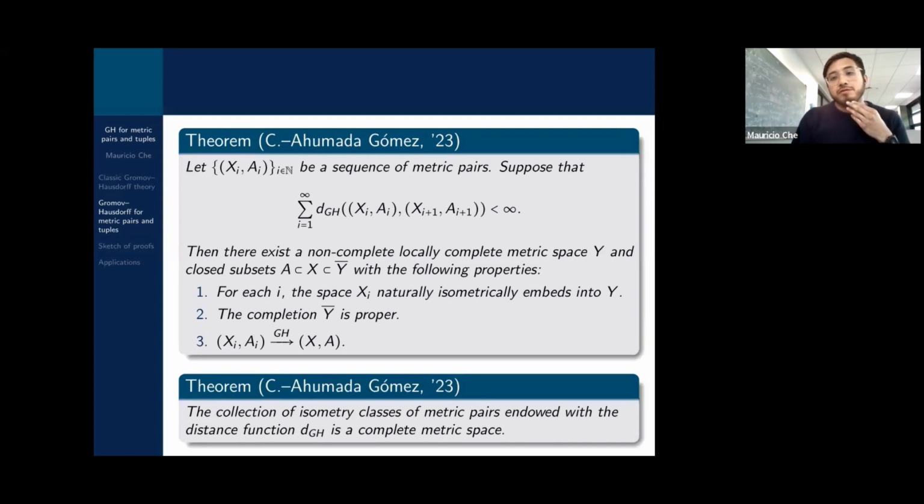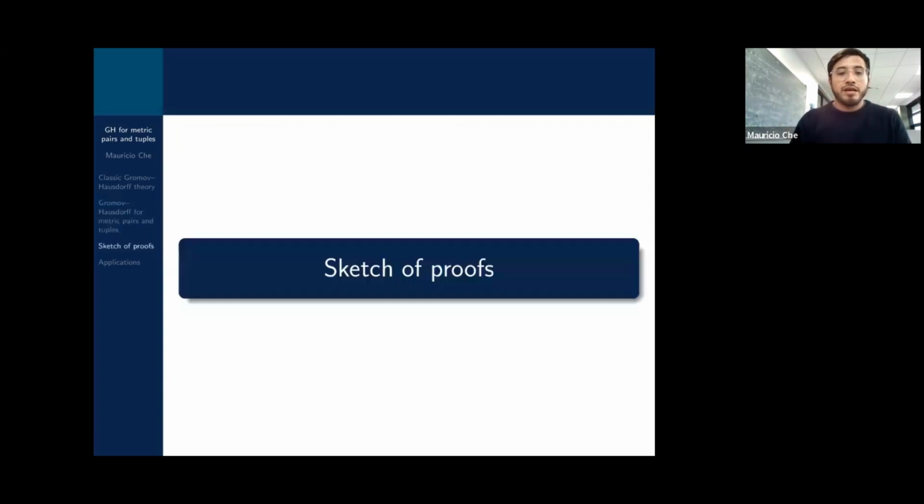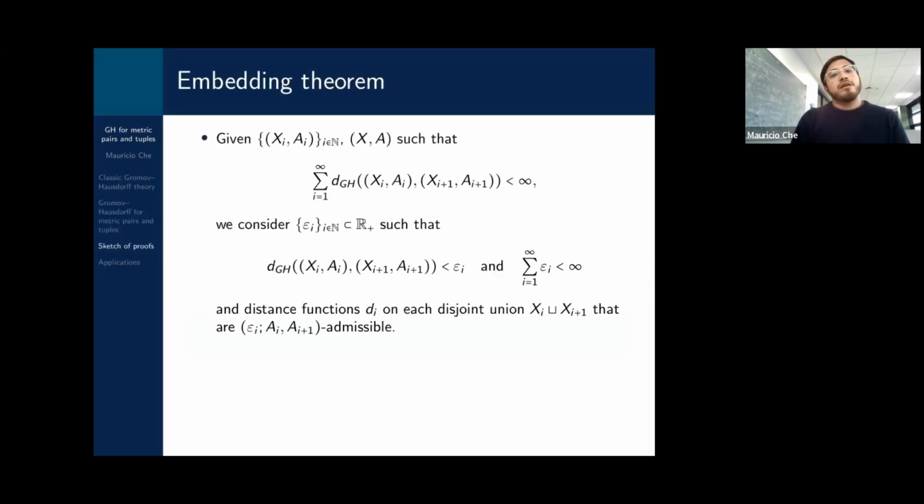And now I would like to give an idea of how to prove these results. Actually, I will start by showing how to prove the embedding theorem, then how to prove the completeness theorem, and then how that implies the compactness theorem. The proofs, really everything that we have done, is basically analogous to what one does in the pointed setting, but taking care with the compactness of the distinguished sets in the metric pair. And so I will sketch the proof now. Regarding the embedding theorem,